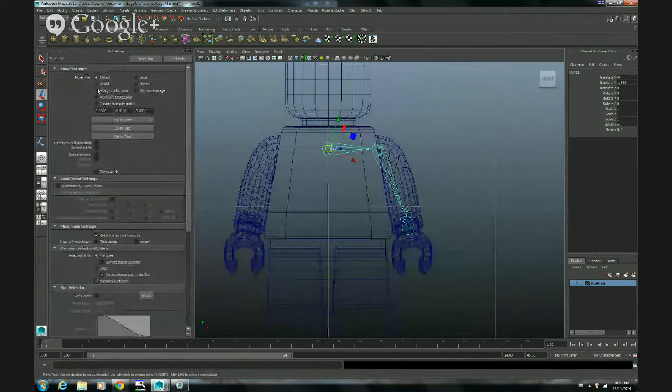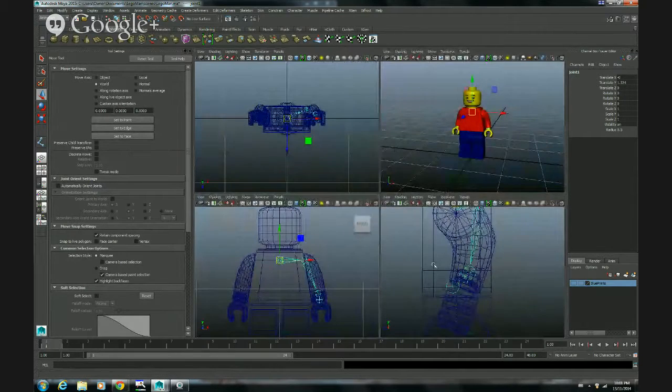Actually, let me change, instead of object, I'm gonna press world in the tools, so my gizmo has world coordinates,